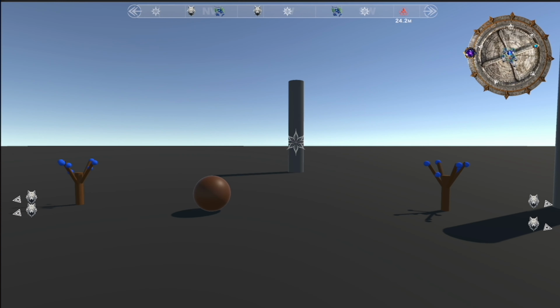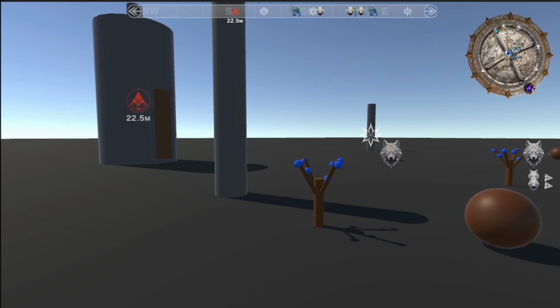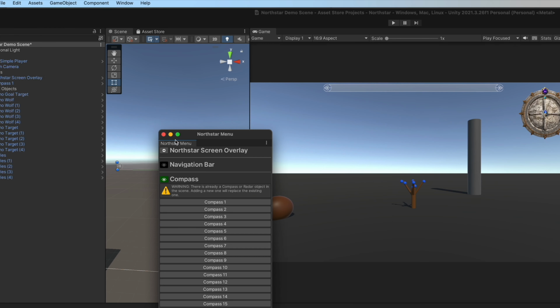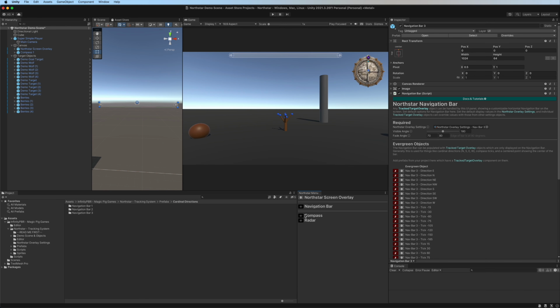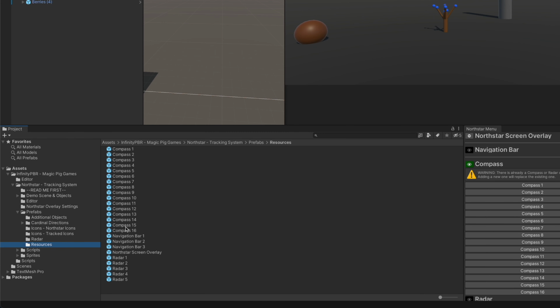In this video, we're going to create a new compass with new artwork in the Northstar navigation system. To get started, go to the Game Object Northstar Create window and dock that wherever you'd like. This window will show all of your navigation bars, compasses, and radars that you have in the project. These are stored in the Prefabs Resources folder, and they do have to be in the Resources folder to operate